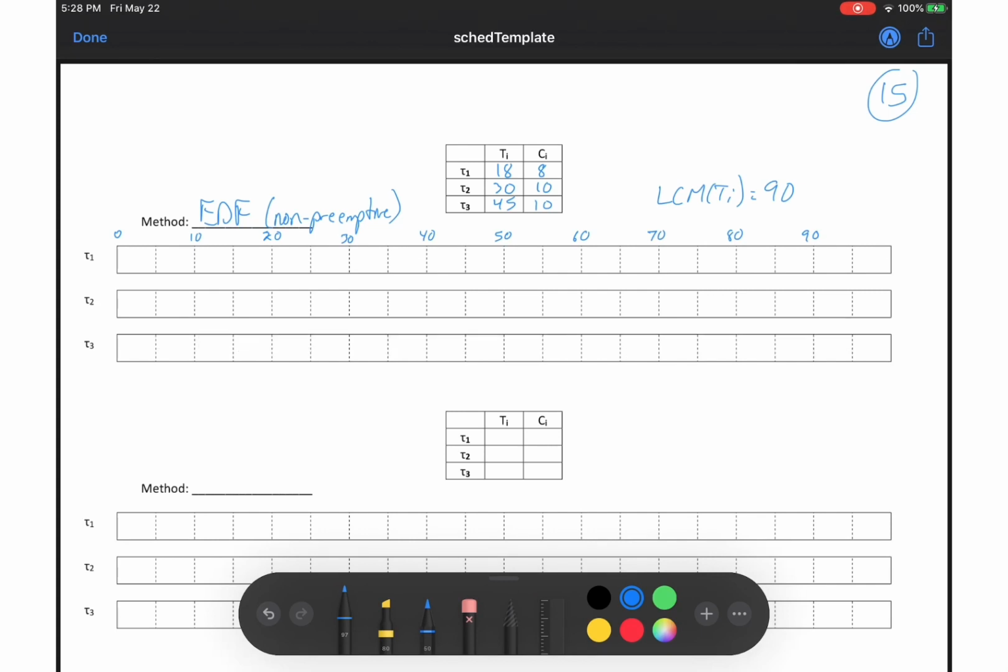Okay, so next thing to do is to mark on here their deadlines. Remember the deadline is assumed to be equal to the period, and so task 1, task 2, and task 3, they're all released at time 0. That's the assumption. They're all ready to run. And then task 1 is going to be released every 18 time units. So at time 18, at time 36, this is approximate here, but I'll label it underneath 18, 36, 54,